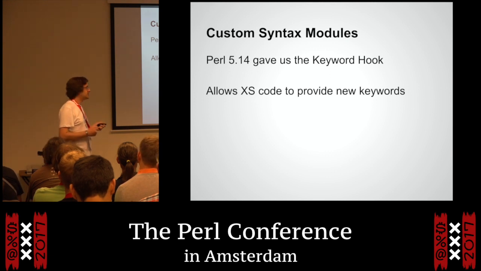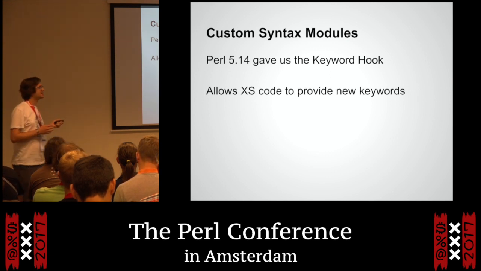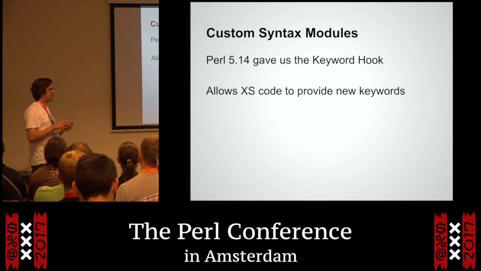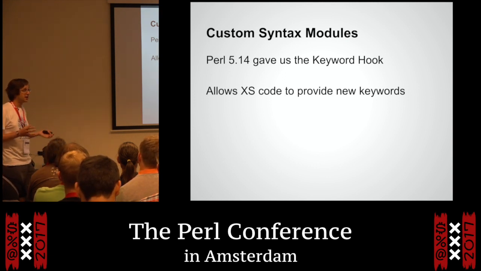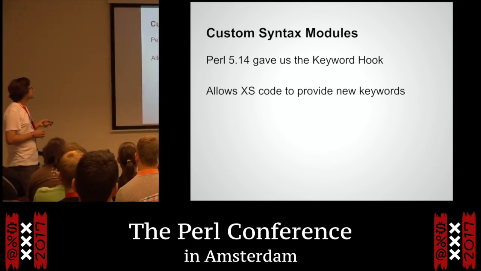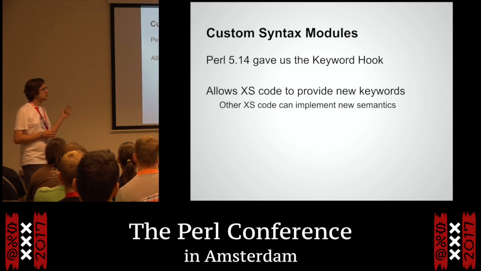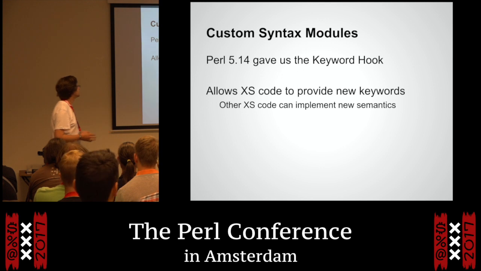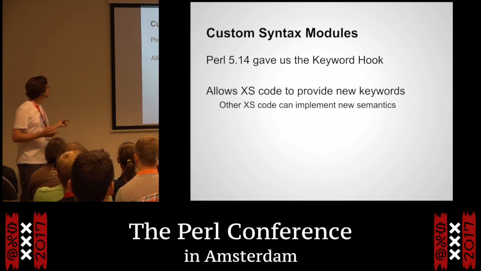So it makes it easy to write the things in pure Perl, but it means that you can only do things that pure Perl could do. In particular, with Keyword::Simple, you parse some Perl code as a string, and then you return some more Perl code as a string. So all it can do is rewrite bits of source code into other things that you could have written yourself. Whereas if you go down to XS, you can actually provide new keywords with new semantics. You can literally add semantics to the Perl interpreter. You can make it do things it couldn't do, like async await.